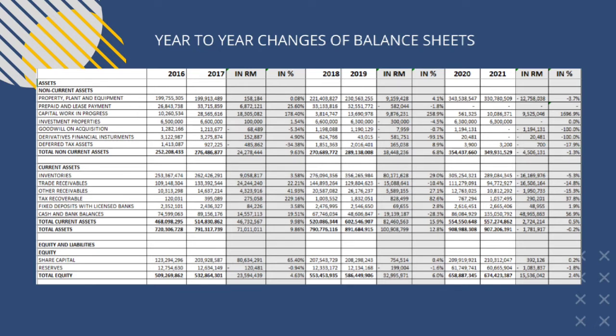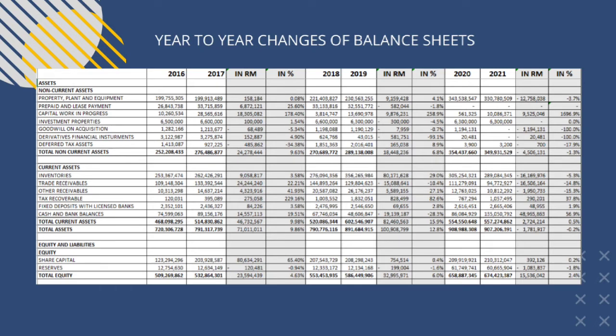This is because the prepaid and lease payment are non-existent and also goodwill on acquisition is changed to new company. Total asset for year 2018 to 2019 is 12.8%. For the year 2018 and 2019, there is an increasing pattern of non-current asset of about 6.8%, while for total current assets it is 15.9%. Inventories in current assets items play a big role in these changes.